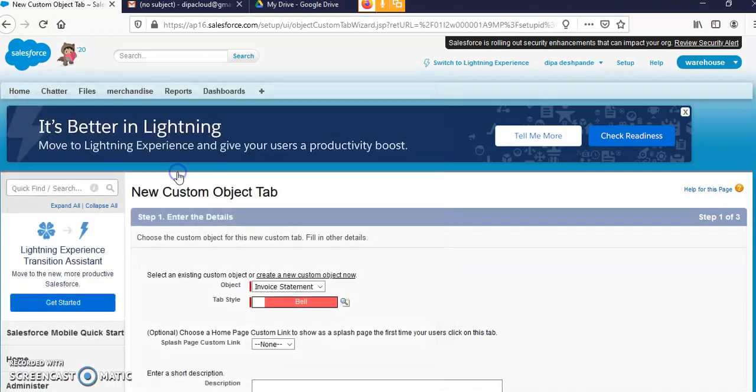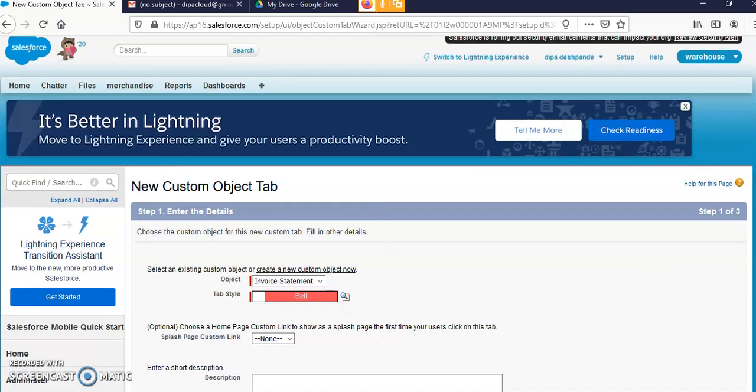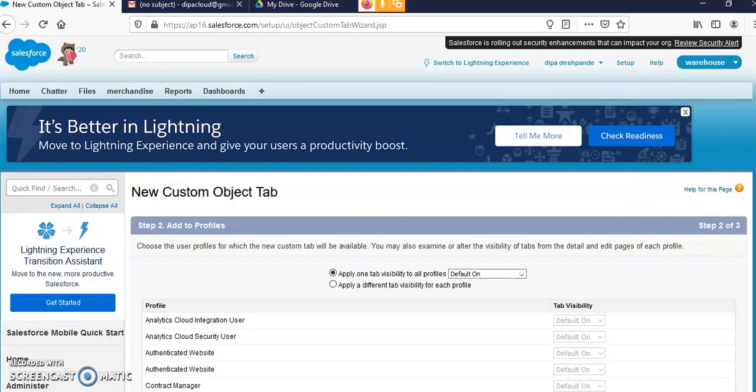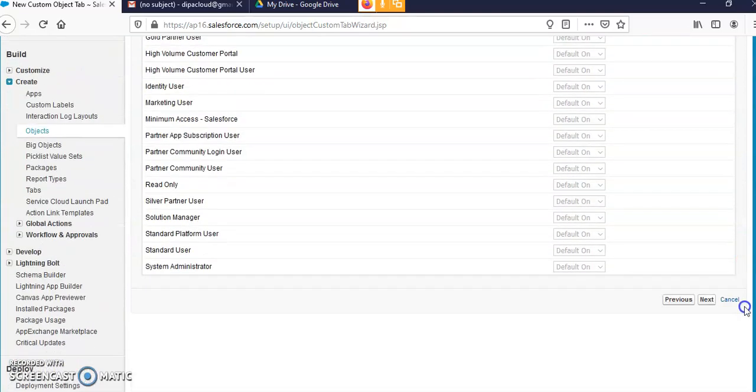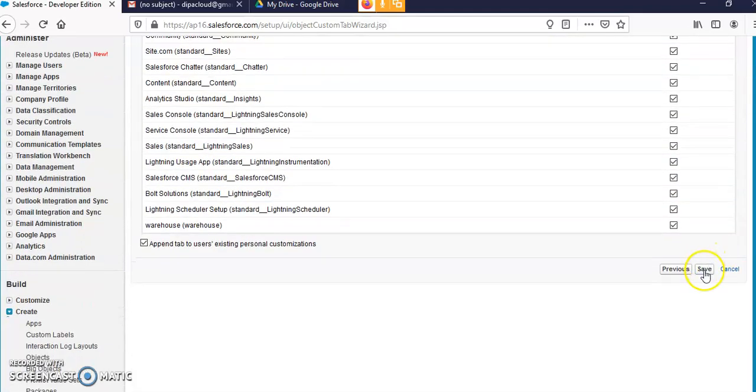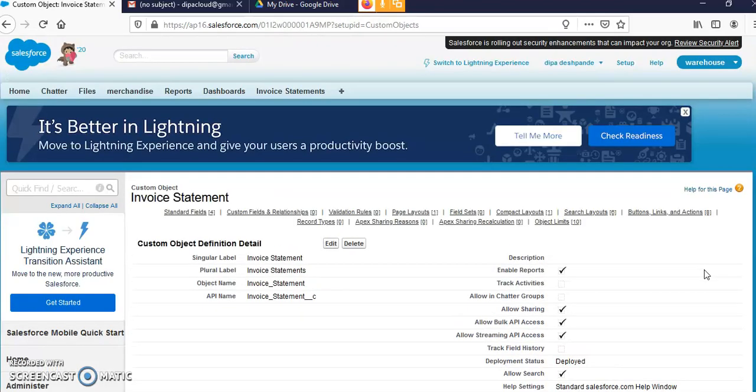Any tab style. I selected Bill, and next. Next. By default, you can click next. Save. Okay.